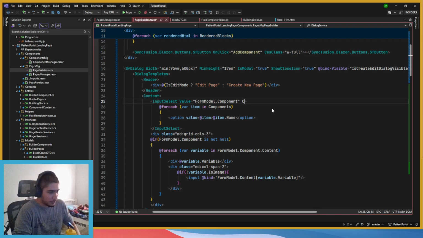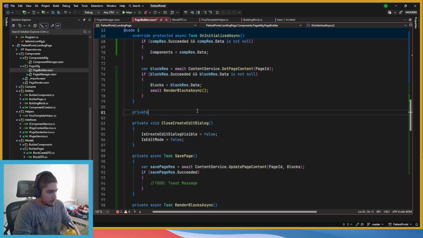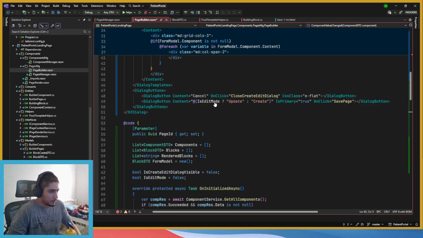And then for value changed, it should be a method. So value changed, you have to create. So, private void value changed, component value changed. So it's gonna be component DTO, I think. Yep, component. So let's put it there.